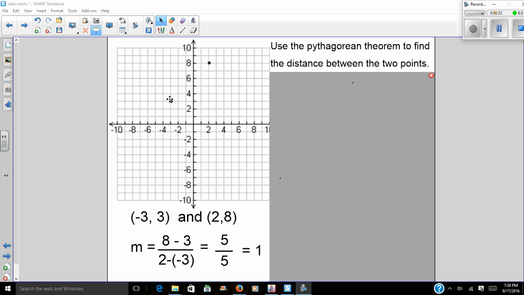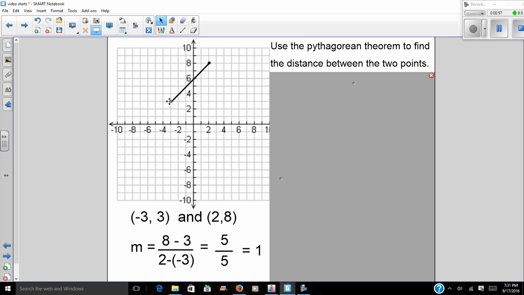We have -3, 3 plotted right here, and we have another point, 2, 8, plotted right here, and we are being asked to use that Pythagorean theorem in order to find the distance between these 2 points. First of all, let's actually connect the points so that we can find the slope of a line that connects these 2 points. And once we do that, we will then be able to hopefully see the connection to the Pythagorean theorem. So if I have -3, 3 and 2, 8, and I connect those, visually I look at this